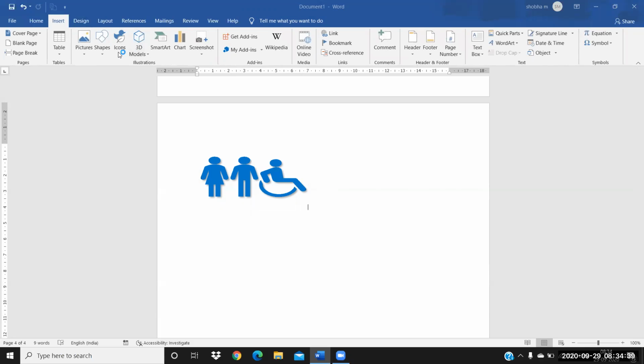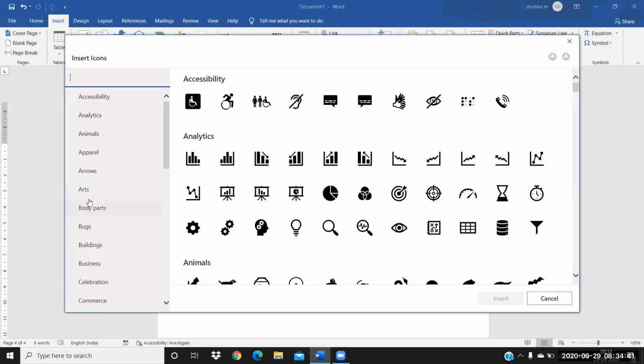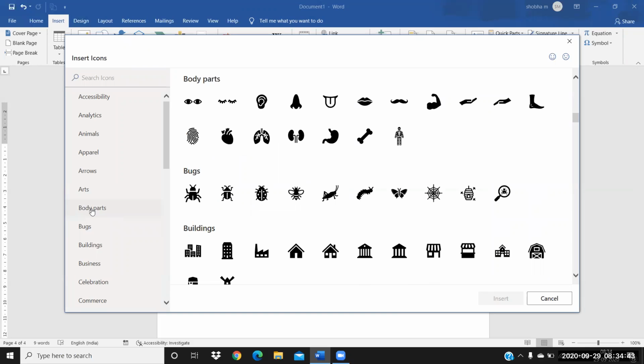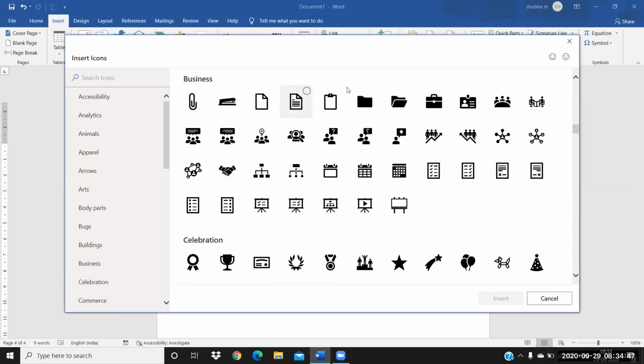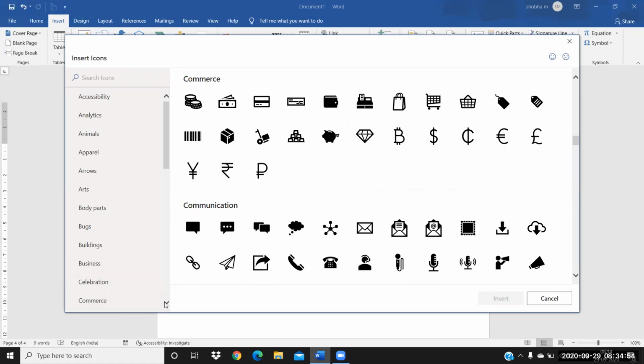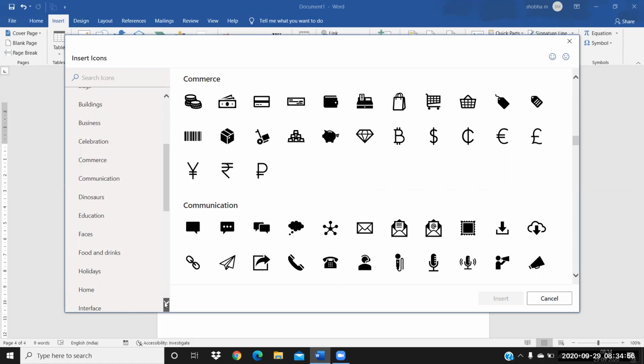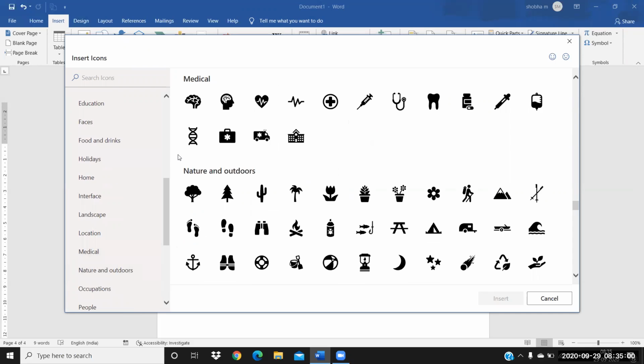You can click on the icon sets here. You have body parts, and if you take body parts, many are there. If you click on business, many icon sets are available. When you click on medical, you have a brain and other options.